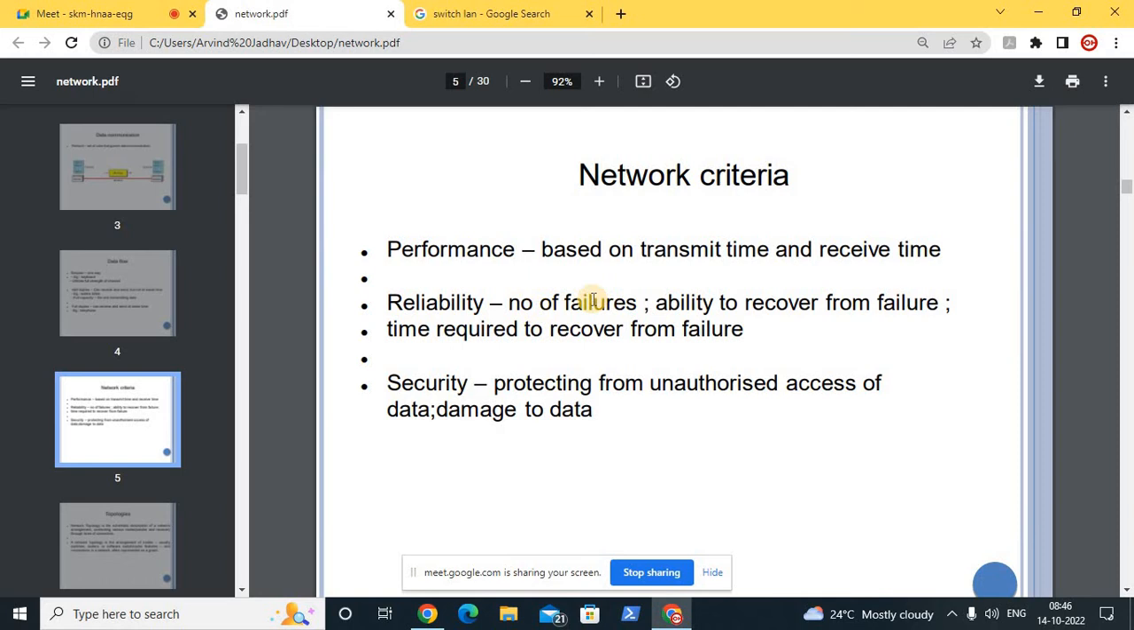Number of failures. Reliability: how do we calculate the number of failures? Ability to recover from failure. Ability to recover from the failure. And this is not inside the network; by using different applications this can be possible. When we talk about Hadoop